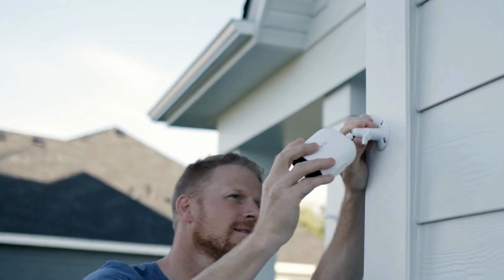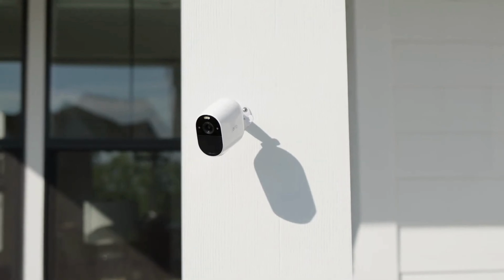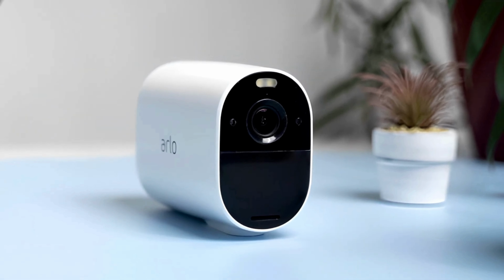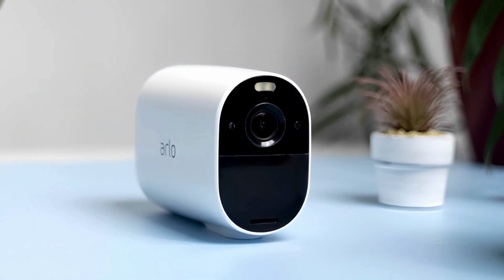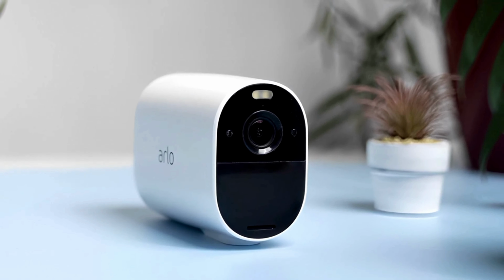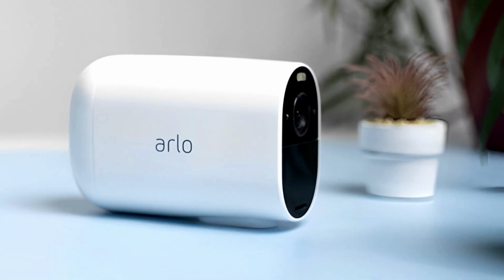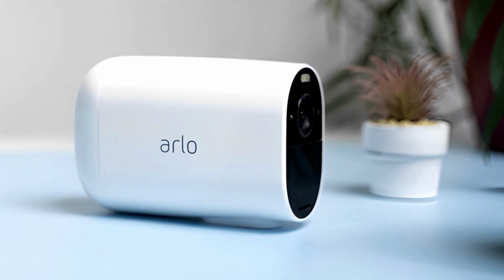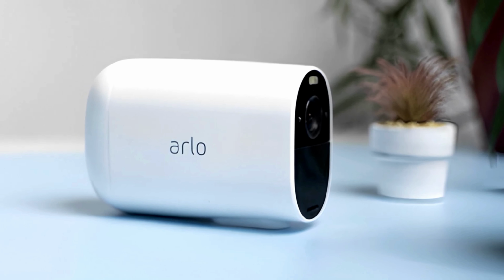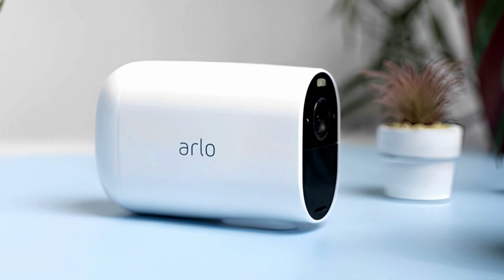The entry-level Essential camera from Arlo, for example, costs $129.99 and has a battery life of 6 months. In this video, however, we talk about the Arlo Essential XL, which has a much bigger battery that can last for a full year, for only the slightly higher price of $149.99. That's the only significant difference, though, and both versions of the Arlo Essential include the same 1080p camera with 1920 by 1080 resolution. This is good image quality, but its viewing angle of 130 degrees isn't as wide as